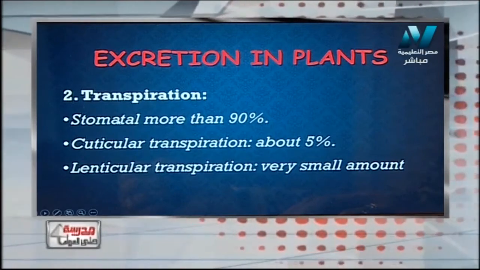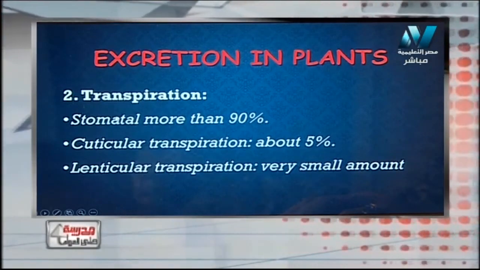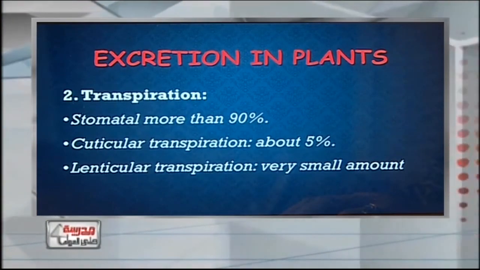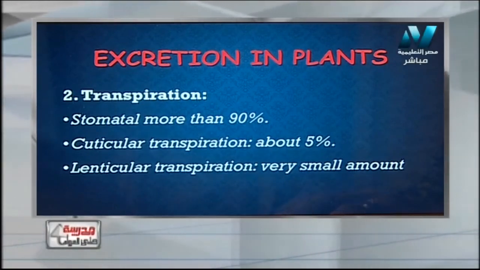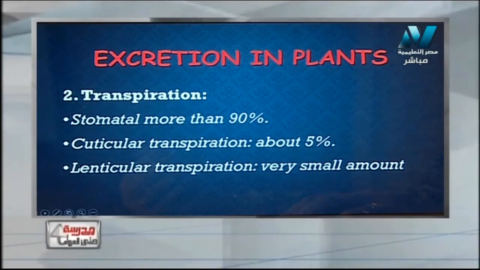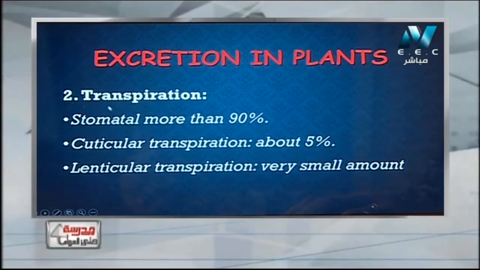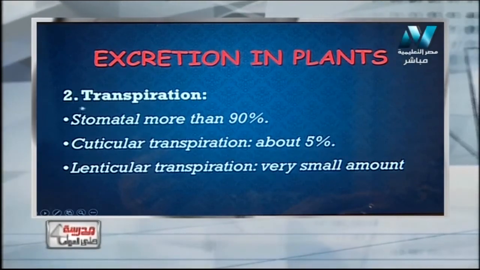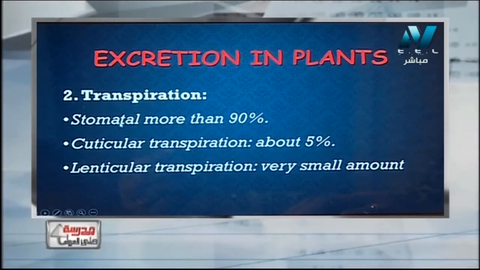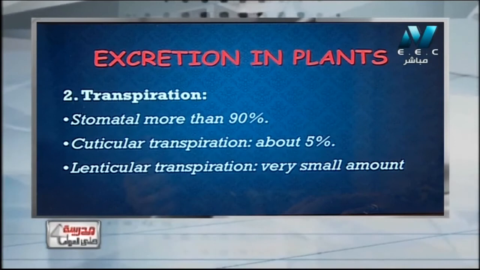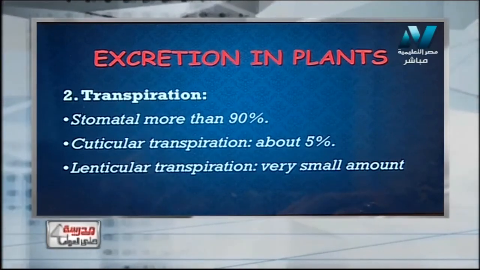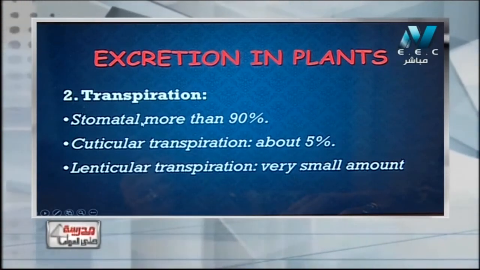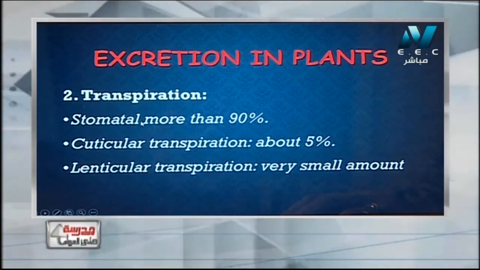The stomata, remember, we studied in the first term, in the transverse section in a leaf of a higher plant, and we noticed in the epidermis of the leaf there are openings, and these openings are guarded by two guard cells. Each opening is called a stoma, and the stoma is guarded by two guard cells and opens interiorly into a wide space surrounded by sponge cells, and this space is called the air chamber.